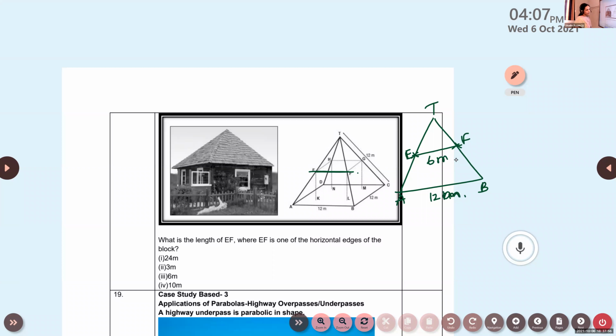It is correct. Okay, because E and F are midpoints. So if we join the midpoints, it will be half of the third side. These are divided in the same ratio, 1:1, because it is given as midpoint. So we can use BPT and we can say the ratio is 1:1. If it is divided in the same ratio, then the other side also should get the same. It is half of it. Is it okay? Is it clear?